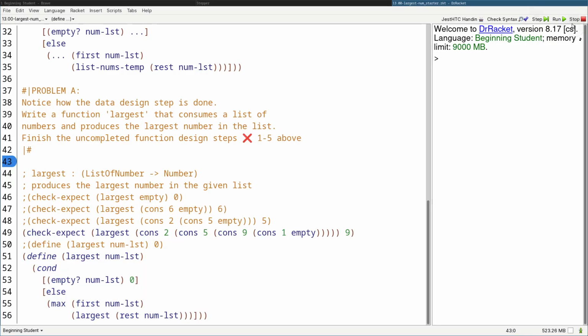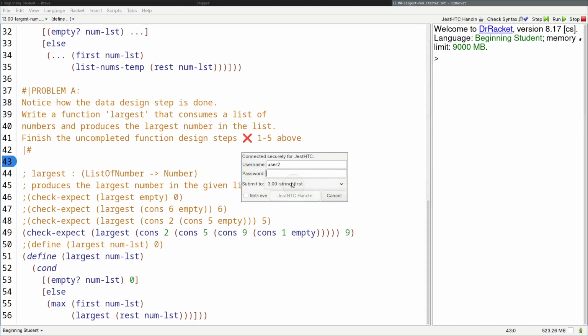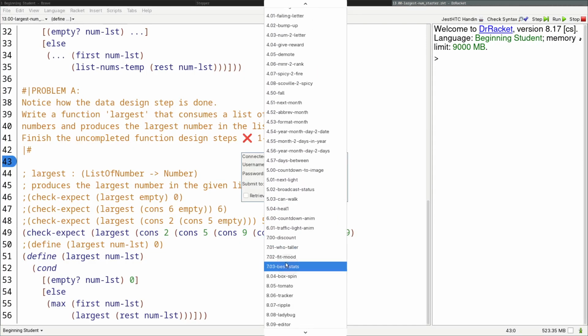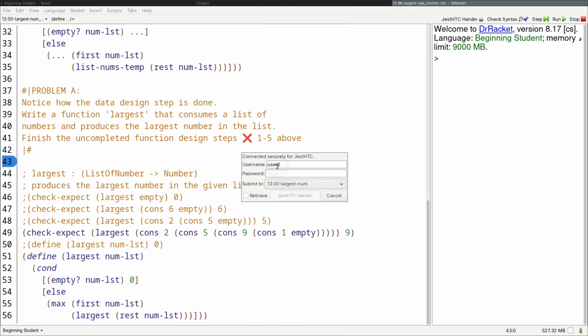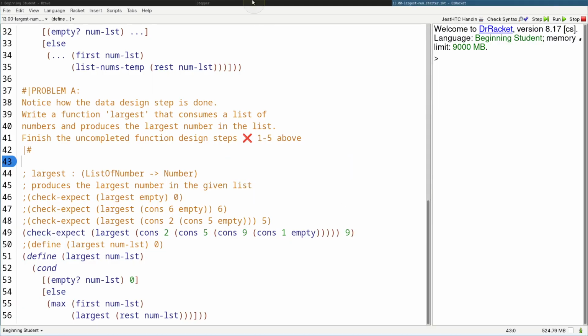Anywho, let's just hand this in and make sure that we pass the server-side test. It's called 13.0, largest num. So it's this, and we're going to submit this. And I recommend you guys check the website and make sure you pass the grader side